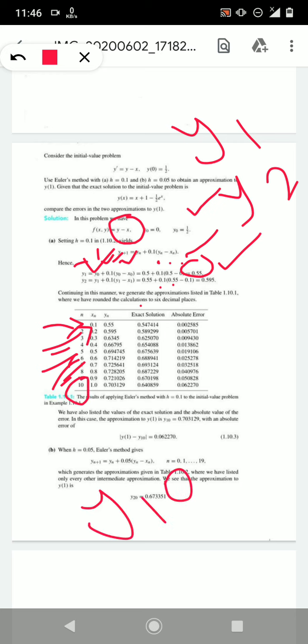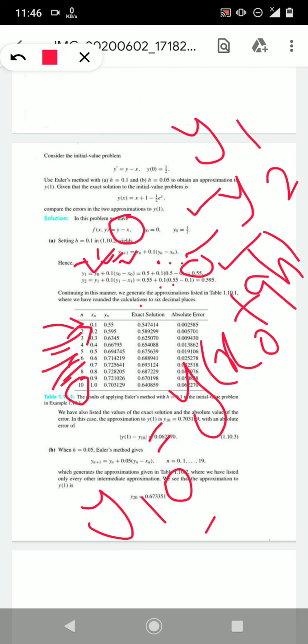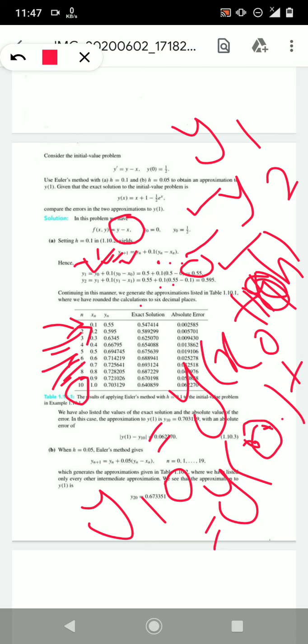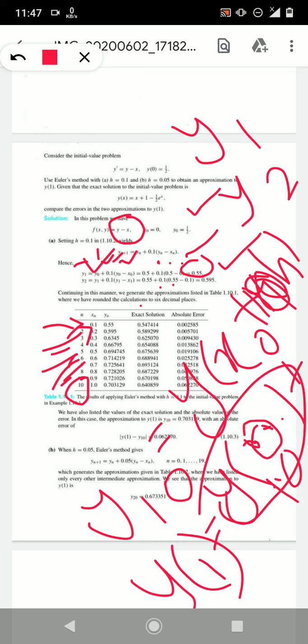So y10 is equal to y of x0 plus 10h, that is 0 plus 0.1 plus 0.1, up to 10 times, that is y of 1. So y of 1 is equal to